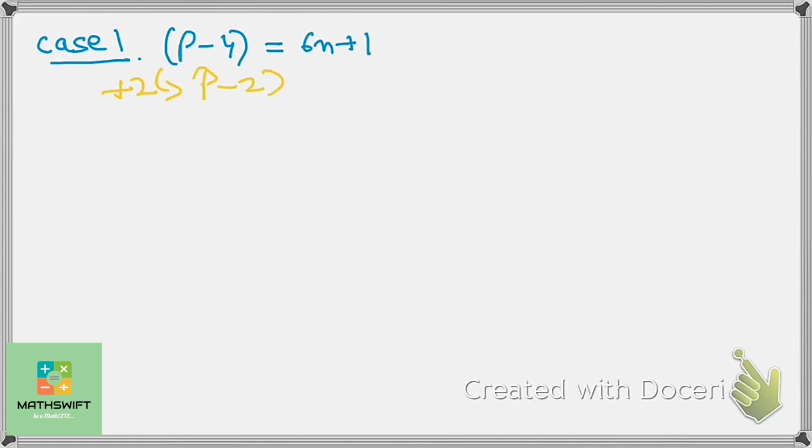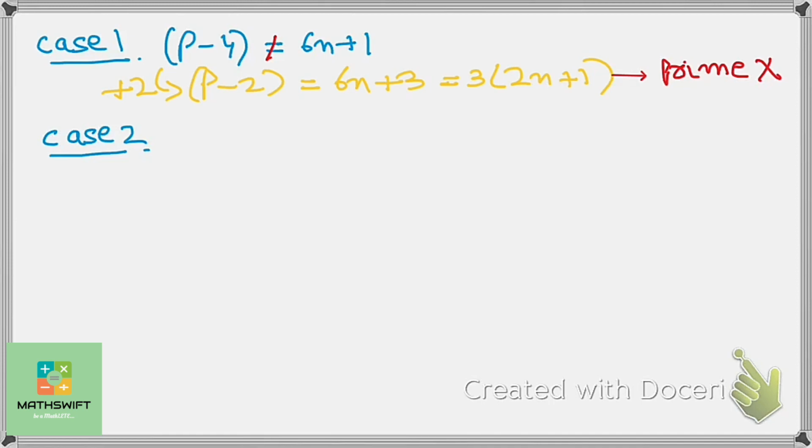and if we add 2 to it, we get p minus 2 as 6n plus 3. 3 can be taken as common here. Now since we get 3 as a common factor here, we can say that it is not a prime number, or it cannot be a prime number. So p minus 4 cannot be written as 6n plus 1. So we take the second case here. So we can write p minus 4 as 6n minus 1,